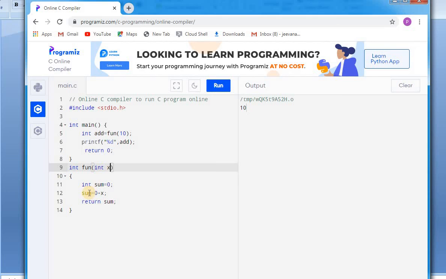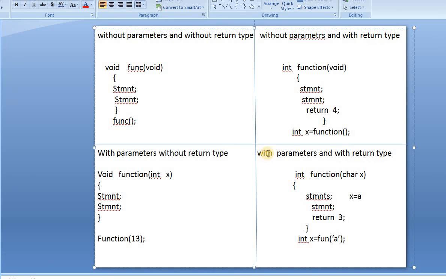When I execute the statement sum is equal to 0 plus 10, it prints this statement. So we have covered this with parameters and with return type.